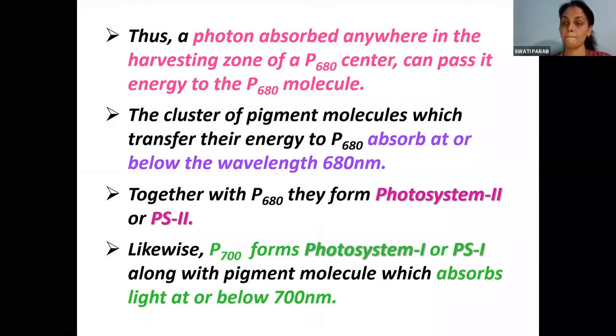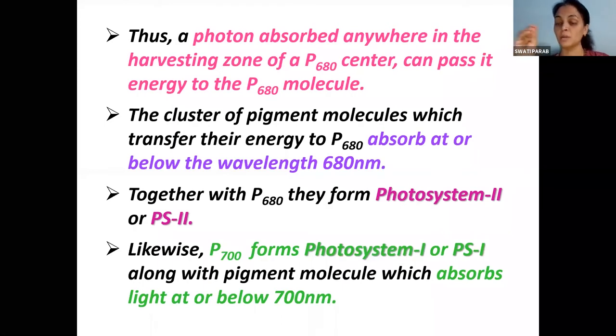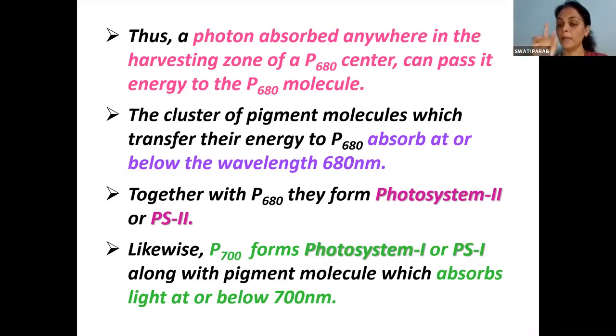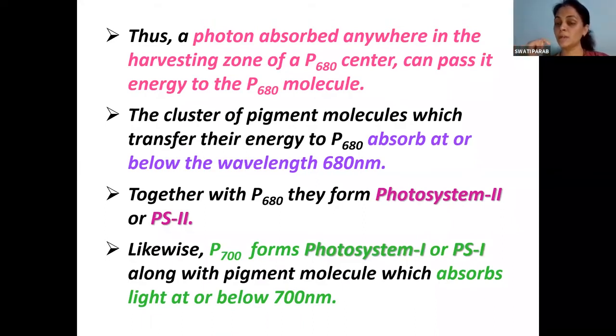Now when we are talking about PS1, PS1 is not involved in the major process of light reaction. What is the main thing which happens in light reaction? Tell me. We have divided entire photosynthesis into two, light and dark reaction. What is the end product of light reaction? Very simple question. We have repeated it many times. What happens at the end of light reaction?